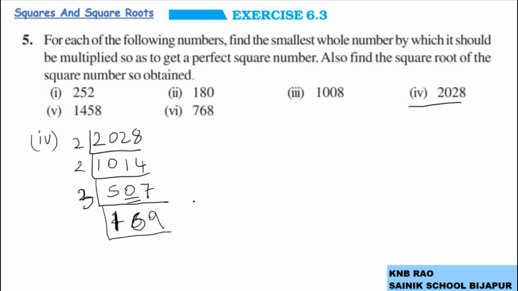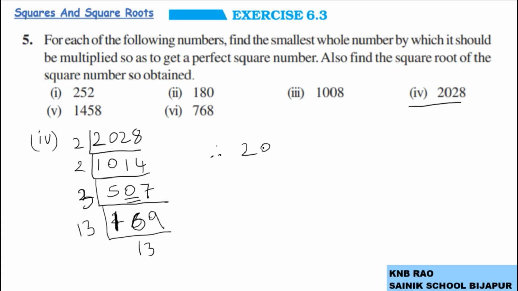Now, is 169 divisible by 7? No, this is not divisible by 7 either. The next prime number is 11 and the next prime number is 13. This way you have to cross check, or you have to have knowledge that the product of 13 by 13 gives 169. If you have that knowledge of square numbers correctly from 1 to 20, if you have memorized the squares of numbers from 1 to 20, then straight away 13 13s are 169.